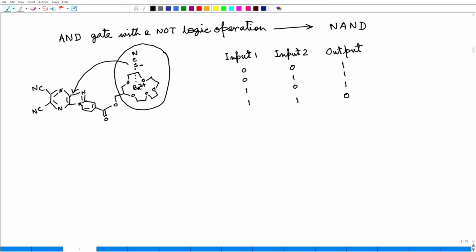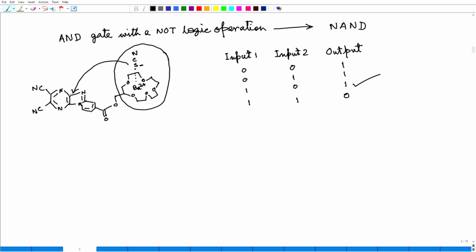Input 1 is barium, input 2 is thiocyanate. So, when input 1 is 1 and input 2 is 0, no thiocyanate, then what will happen? There will be no PET. So, we see a strong fluorescence, this one is done. Now,